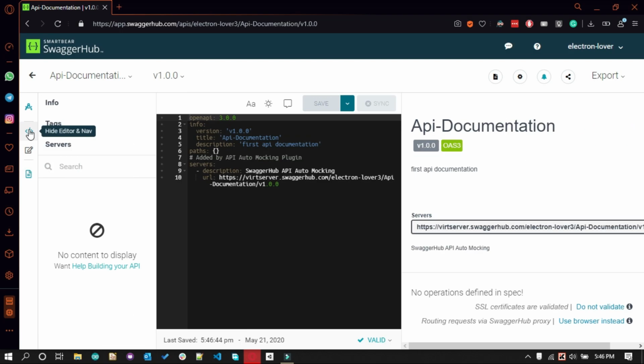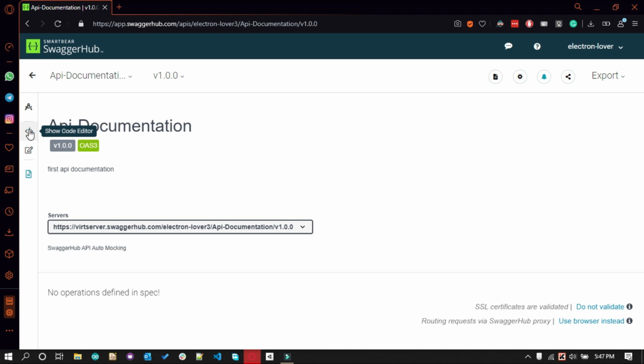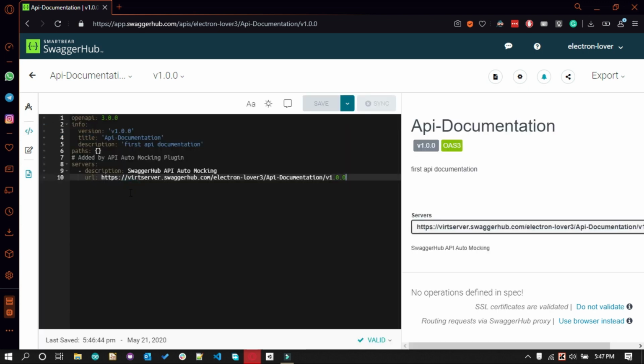We don't require this navigation tab, so just remove it. Now let's see in detail what the UI has to offer.